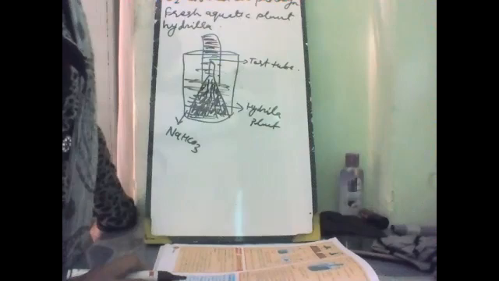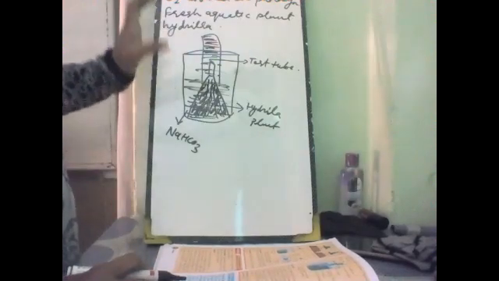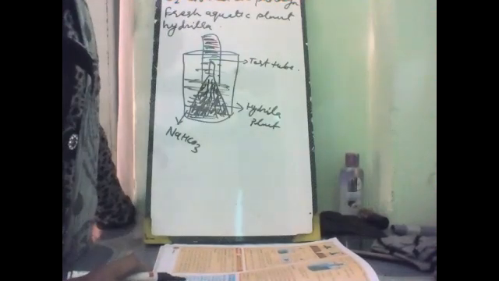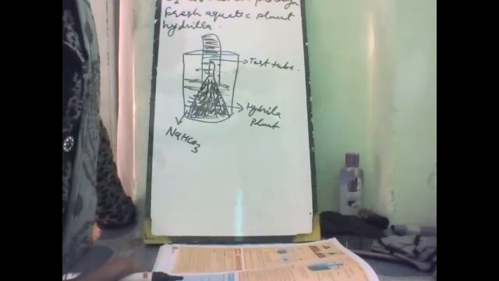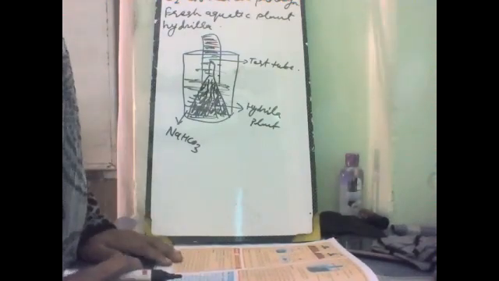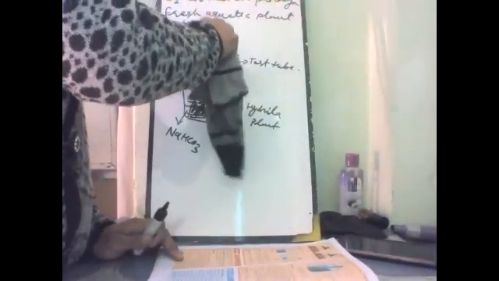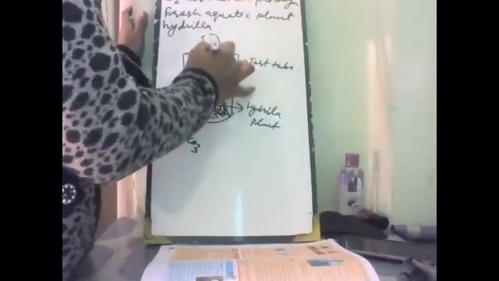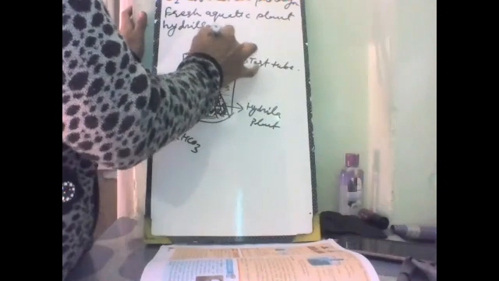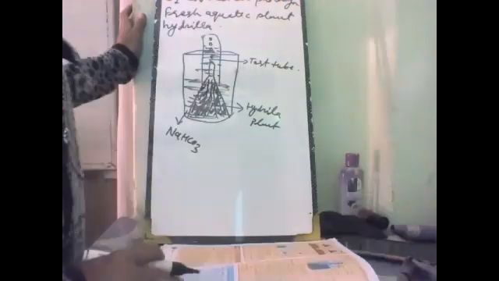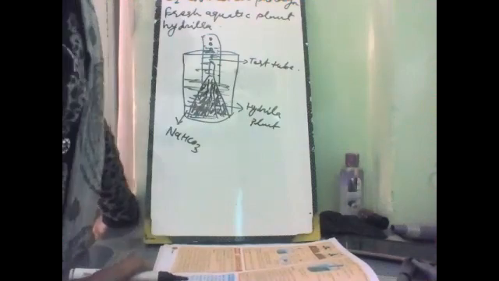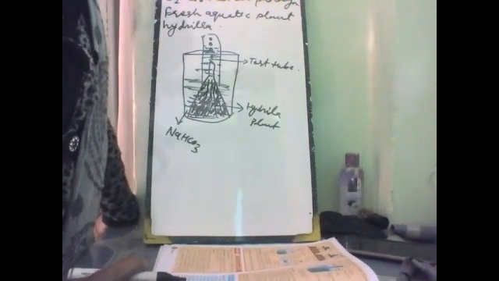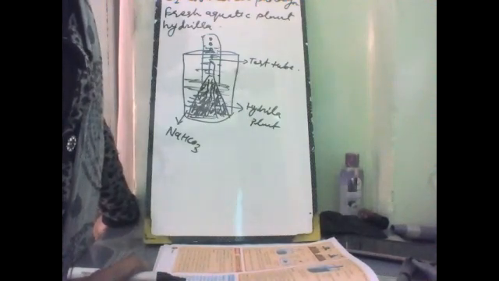Place the setup in sunlight. Keep this setup in the sunlight and observe for some time. After some time, we will see that the level of water in the test tube reduces, and some bubbles are evolving out. The water level in the test tube begins to come down.